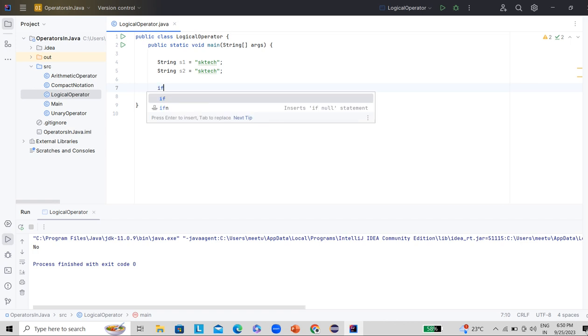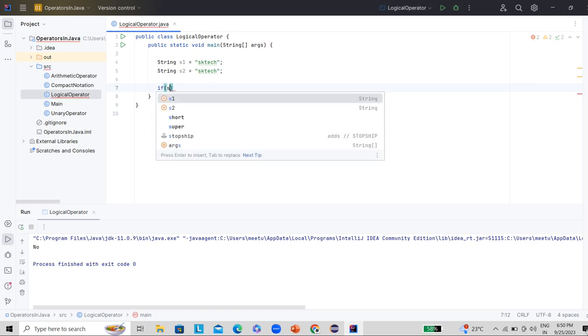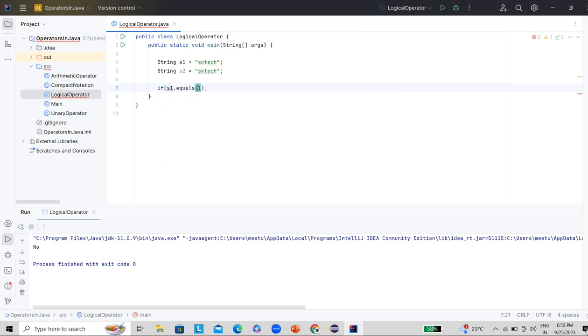So how can we compare it? We can write an if block, s1.equals(s2), and we can use the not operator on this. This is the use of the not operator. Don't worry, we will learn about this equals method when we learn about the String class.